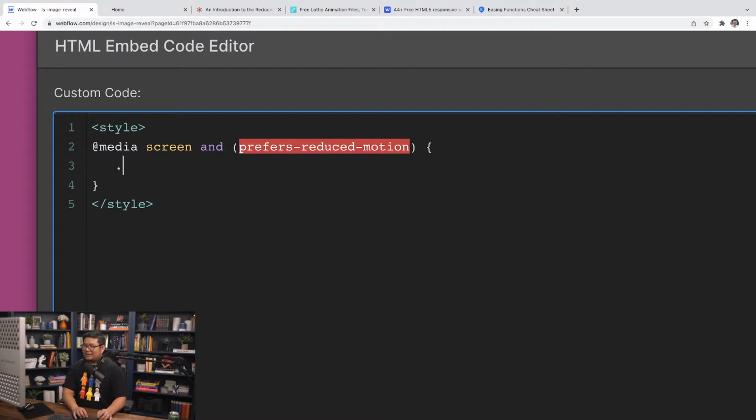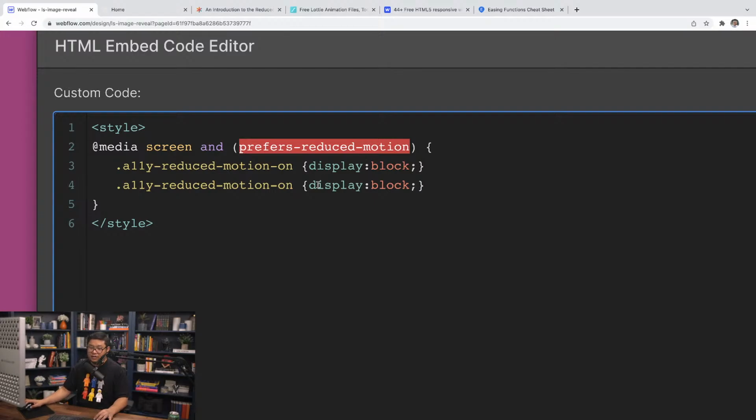All right. So I'm going to put a dot, and I'm going to name a class name, A11Y, short for accessibility. And I'm going to say reduced motion on. All right. And then a curly brace, display block, semicolon, end curly brace. Okay, I'm going to copy that. And instead of on, I'm going to do off, display none, meaning I don't want to see it. So if there is an element with this class name on, then let's show it. That's what display block means. Let's show the element. So if prefers reduce motion is on, show the ones that are reduce motion on. And for those with reduce motion off, we're going to display